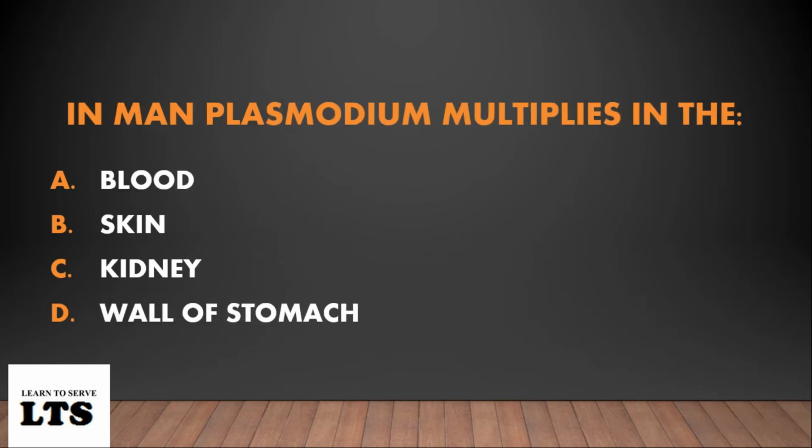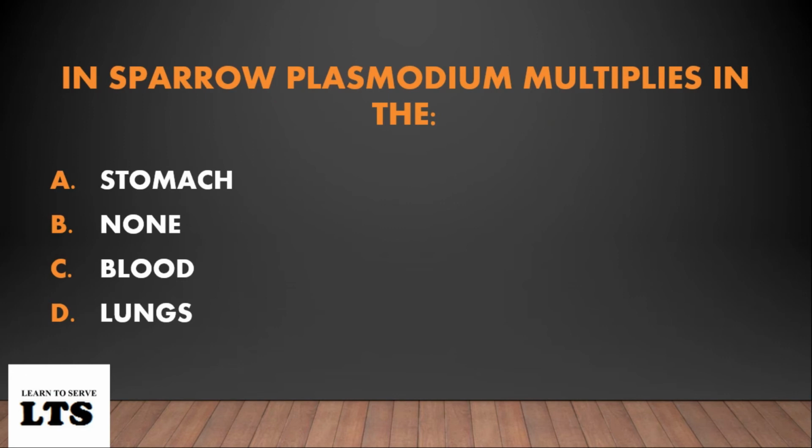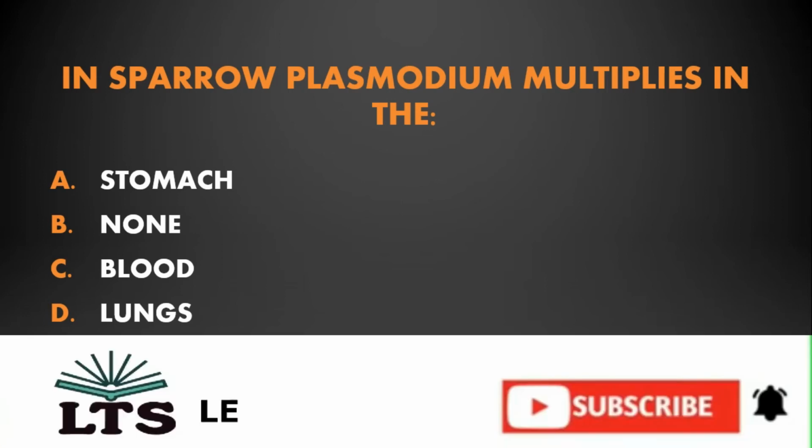Next one, in man Plasmodium multiplies in the option A blood, option B skin, option C kidney, option D wall of stomach. The answer is option D, wall of stomach. Next one, in sparrow Plasmodium multiplies in the option A stomach, option B none of these, option C blood, option D lungs. The answer is